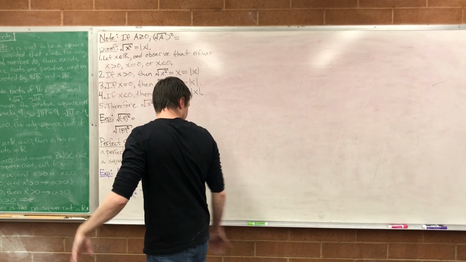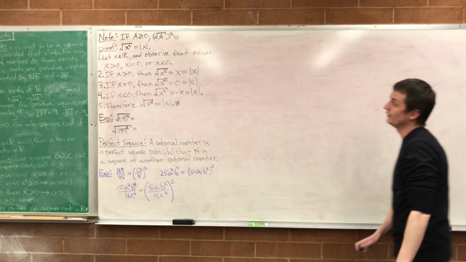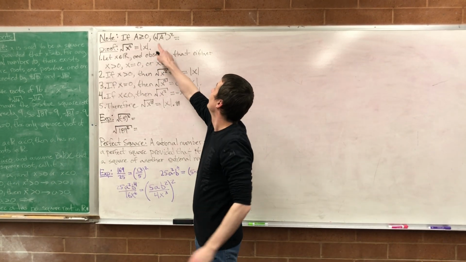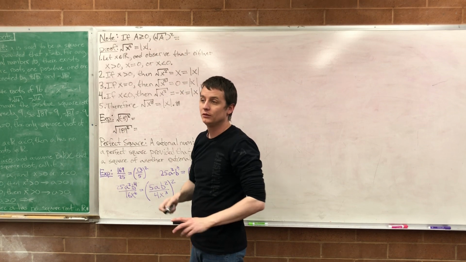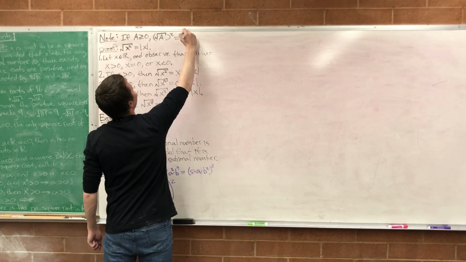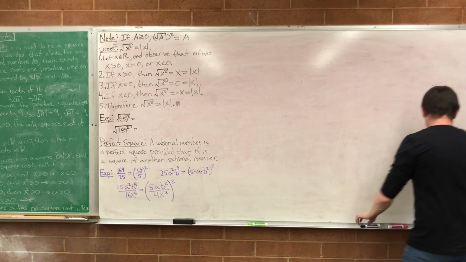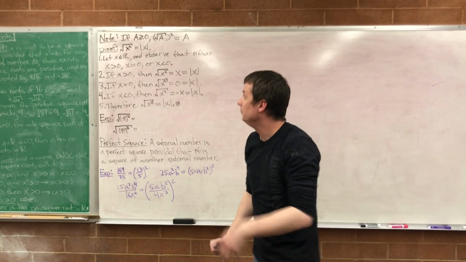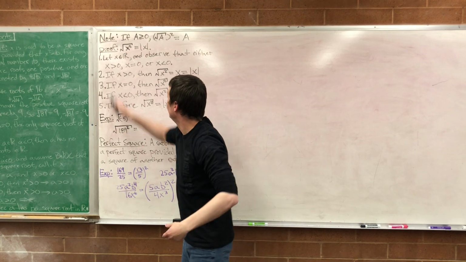And something that we know, because I guess the author noted it. Now, if a is greater than or equal to 0, then the square root of a squared just gives you a. Okay, so now I'm going to do a quick proof for you that the square root